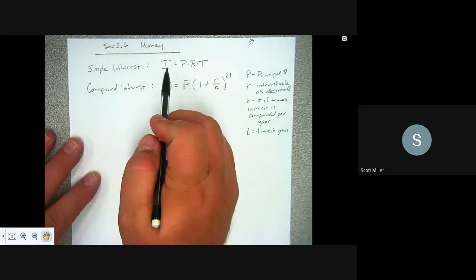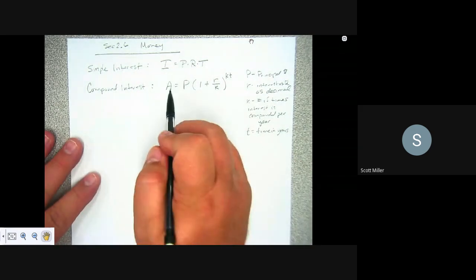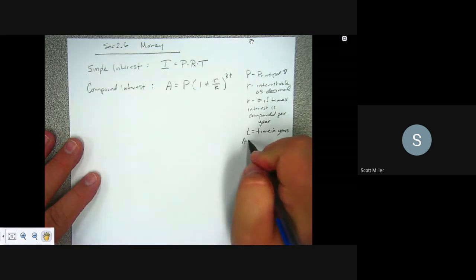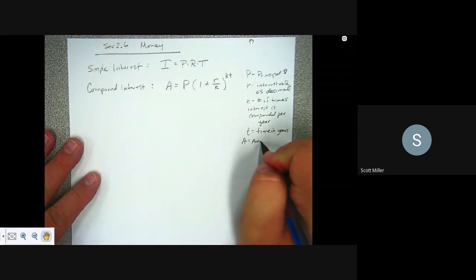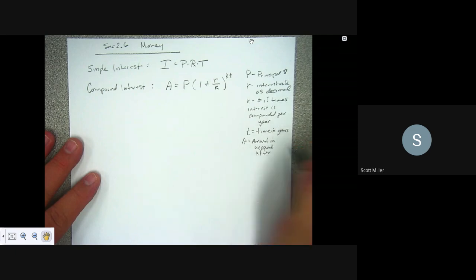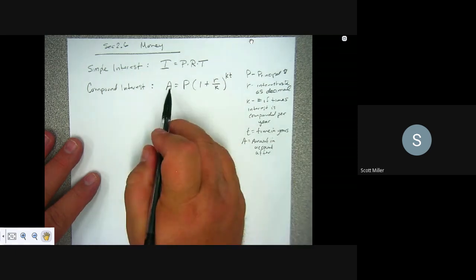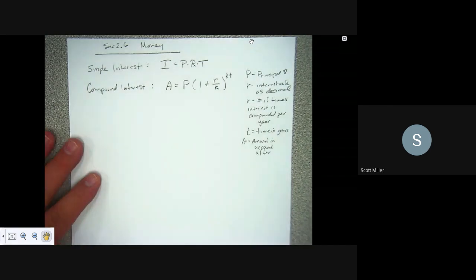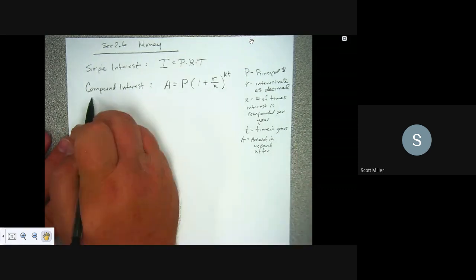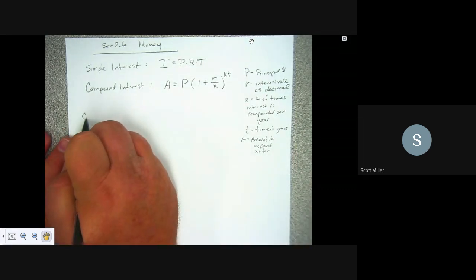This example up here, you just find out what the interest is. This one, A, is the amount in your account after. Okay, it's not the interest; it's the amount that's in the account after you have the original principal amount plus the interest combined. Then you have another one that they use, which is called continuously